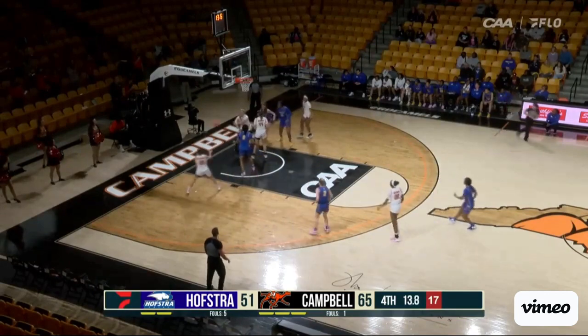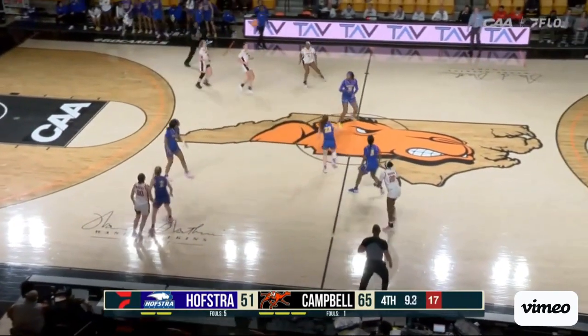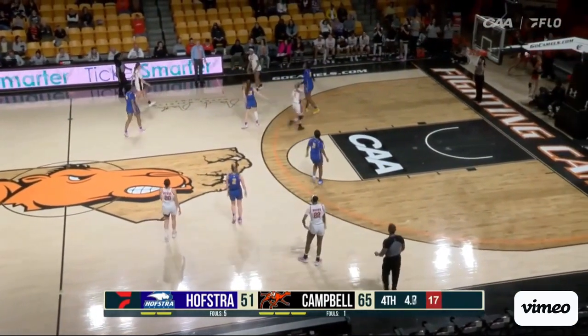That one missed in the hands of Thule. She comes down with a rebound, and Campbell just has to get it across. That's going to do it, I believe. It will. So Campbell